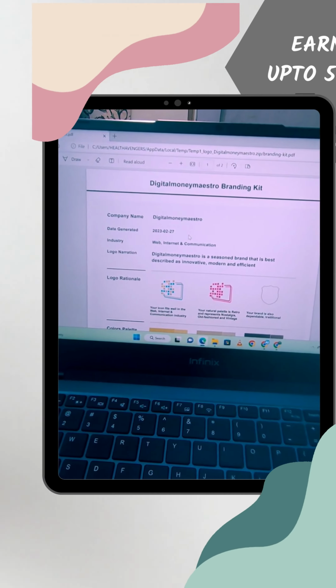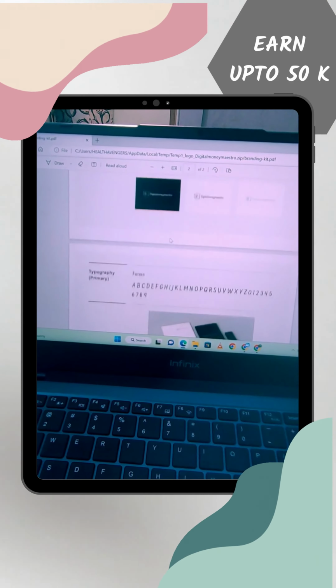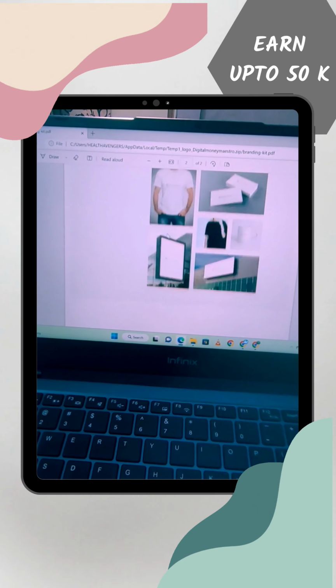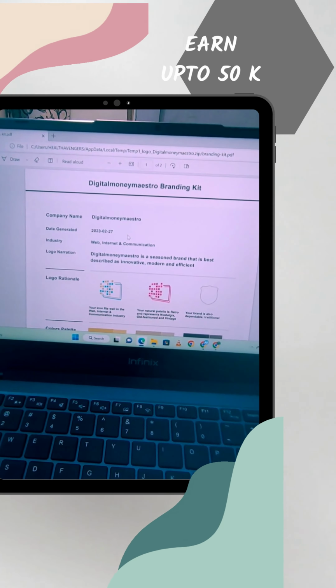Thank you. The platform also provides a complete branding kit. You can see all the things here, absolutely free. This platform also provides a